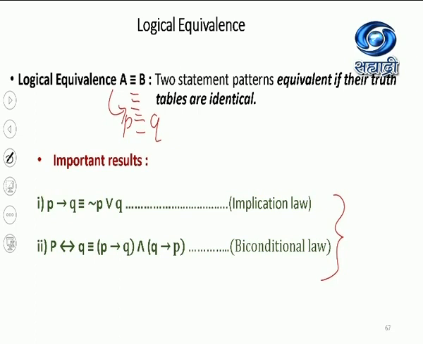Now how to prove the left hand equivalence means what? The left hand statement pattern is equivalent to the right hand statement pattern. That means the truth table for this and the truth table for this should be same. Similarly, truth table for this and truth table for this statement pattern should be same. So logical equivalence firstly can be proved using the truth table. Let's go for the example based on that. But before we go for the example, why not prove these 2 equivalences as a practice?